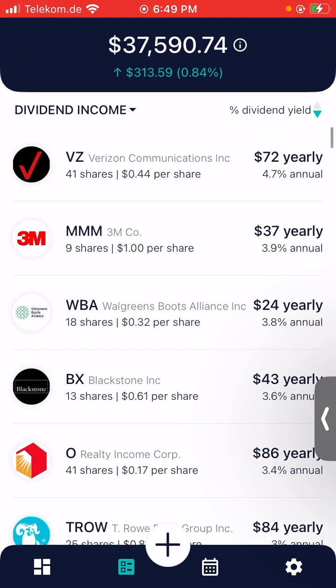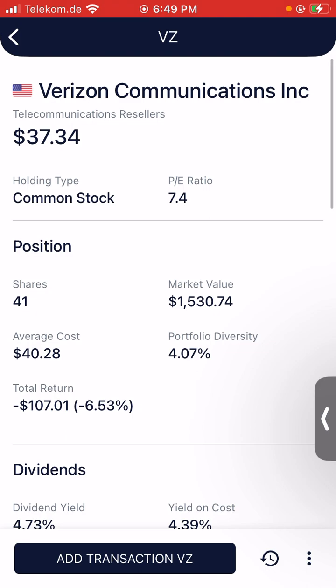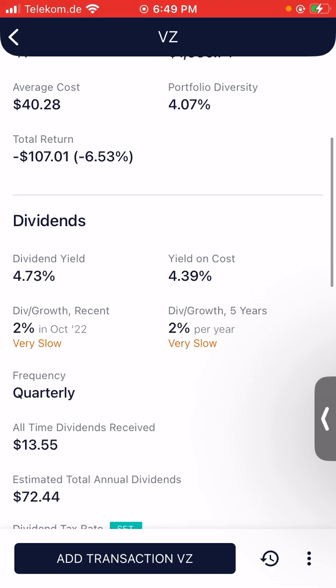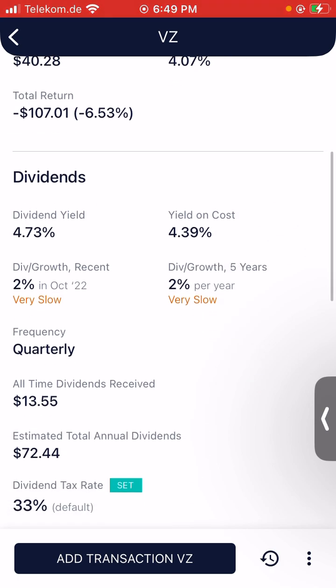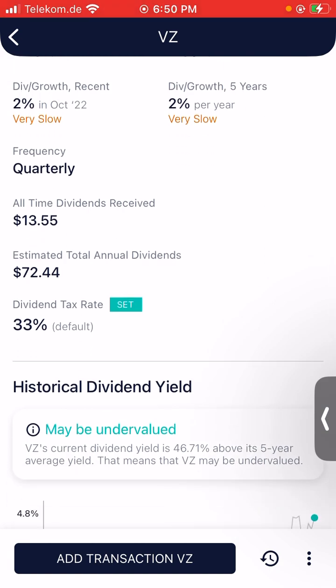I'll give you one example. You can go into the Verizon stock. It gives you the PE ratio, the number of shares, the market value, average cost, the dividend yield, yield on cost, the dividend growth, which is an important item because you want stocks that give you a growth over time. In terms of strategy, we can talk about it in the next videos, but you can choose how to distribute your portfolio, either dividend growth stocks or dividend stocks that don't grow that much but give you a stable and not volatile dividend income. It also gives you here the all-time dividends received, the estimated total annual dividend, and also